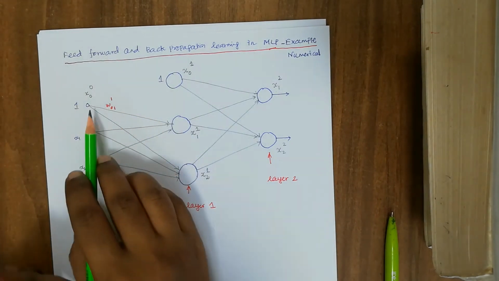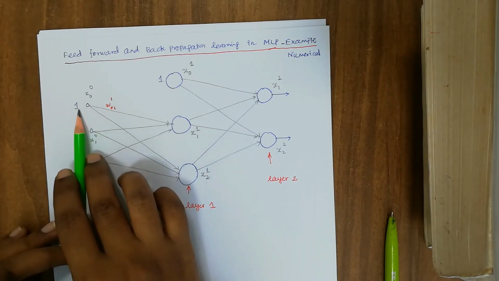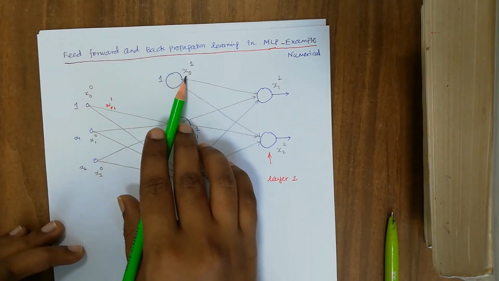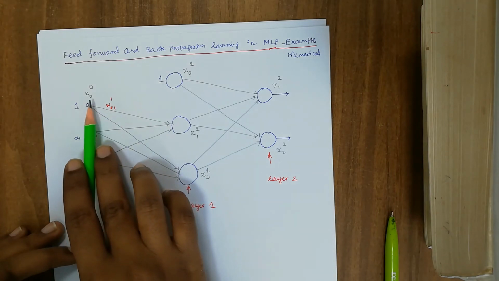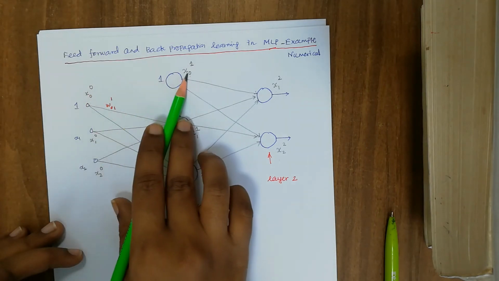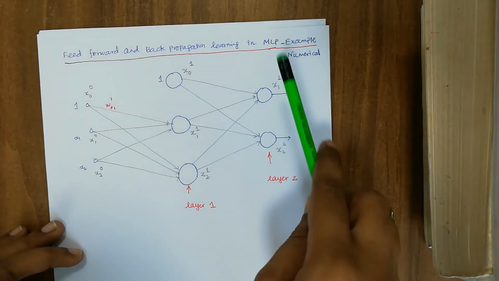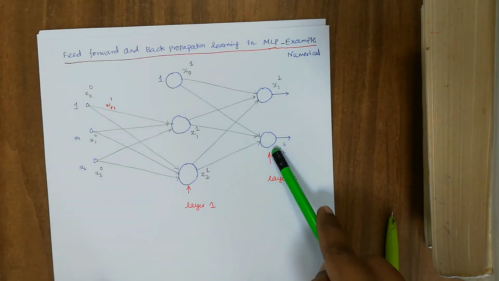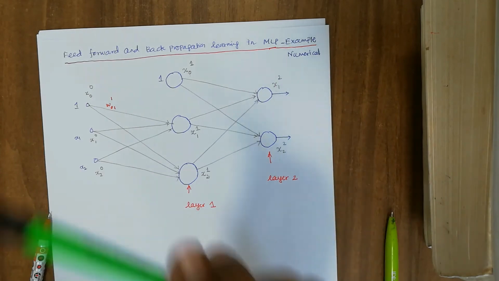Okay, note down bias does not have any value. The value of the bias is simply appended with 1. So it is represented as x0, and then here also x0. In which layer? It is in the 0th layer, it is in the 1st layer, and there is no bias over here. There are only two neurons, which are the output of these neurons in the output layer, and it is in the second layer.